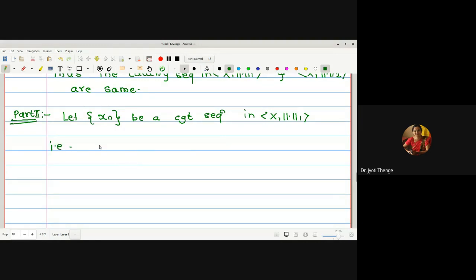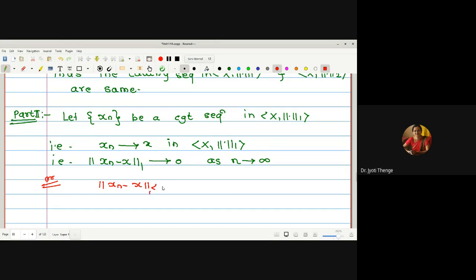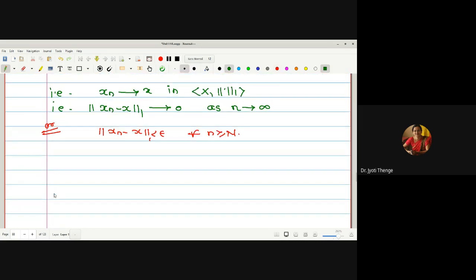Before that, let me write what it is going to mean. Say xn converges to x in X with norm 1. That is, with respect to norm 1 it is convergent. Therefore, norm 1 of xn minus x converges to 0 as n tends to infinity, or one can write norm 1 of xn minus x is less than epsilon for all n greater than or equal to capital N. Any statement you can use, but tending to 0 will be easier for us to prove. Now, as the two norms are equivalent,